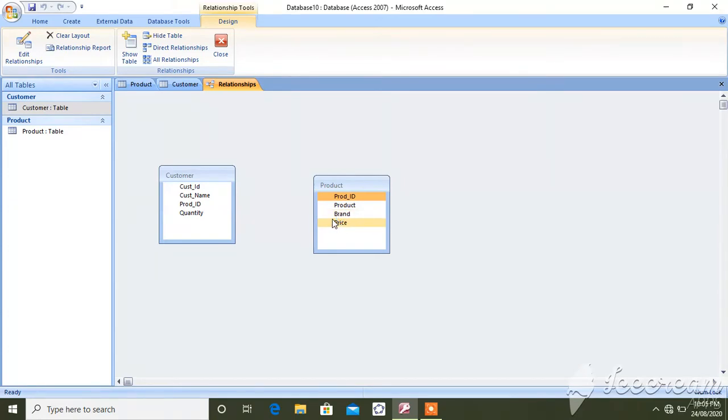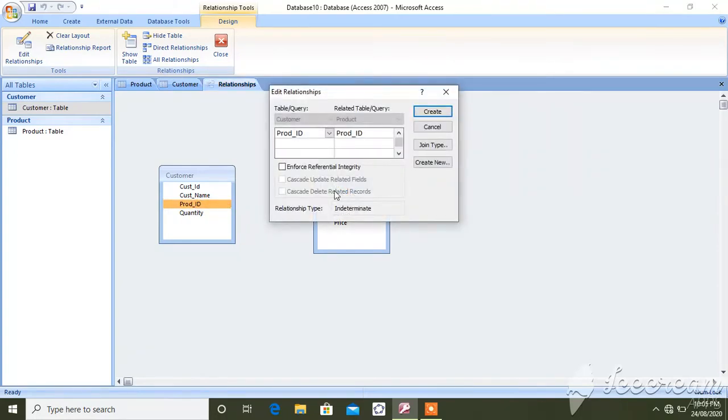Now we will create the relationship between these two tables. As I told, one column is the same, that is the product ID. So just join this with this product ID. See, in both tables product ID is the same.